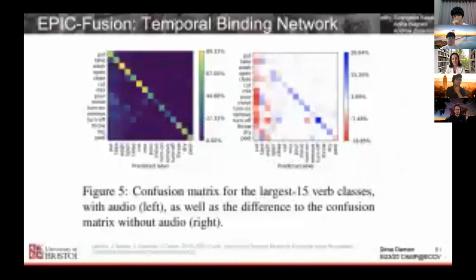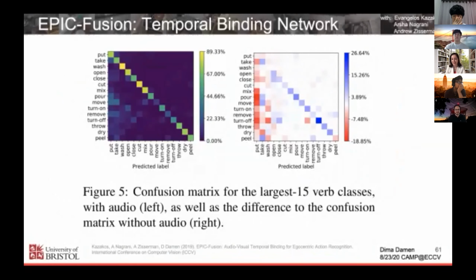Right. And if we look at what audio is giving us here, it's also interesting to look at what it does. So which exact confusion gets decreased? Anything that is in the negative, that is good if it's off diagonal, right? So it's actually decreasing the confusion off the diagonal and increasing the confidence on the diagonal, right? So you have examples in the paper about these confusion matrices with the addition of audio in particular.